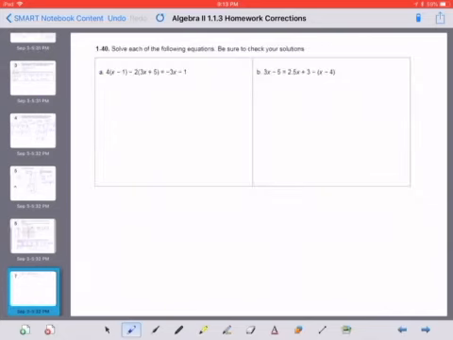Okay. Problem number 40, we're solving some equations. So we are